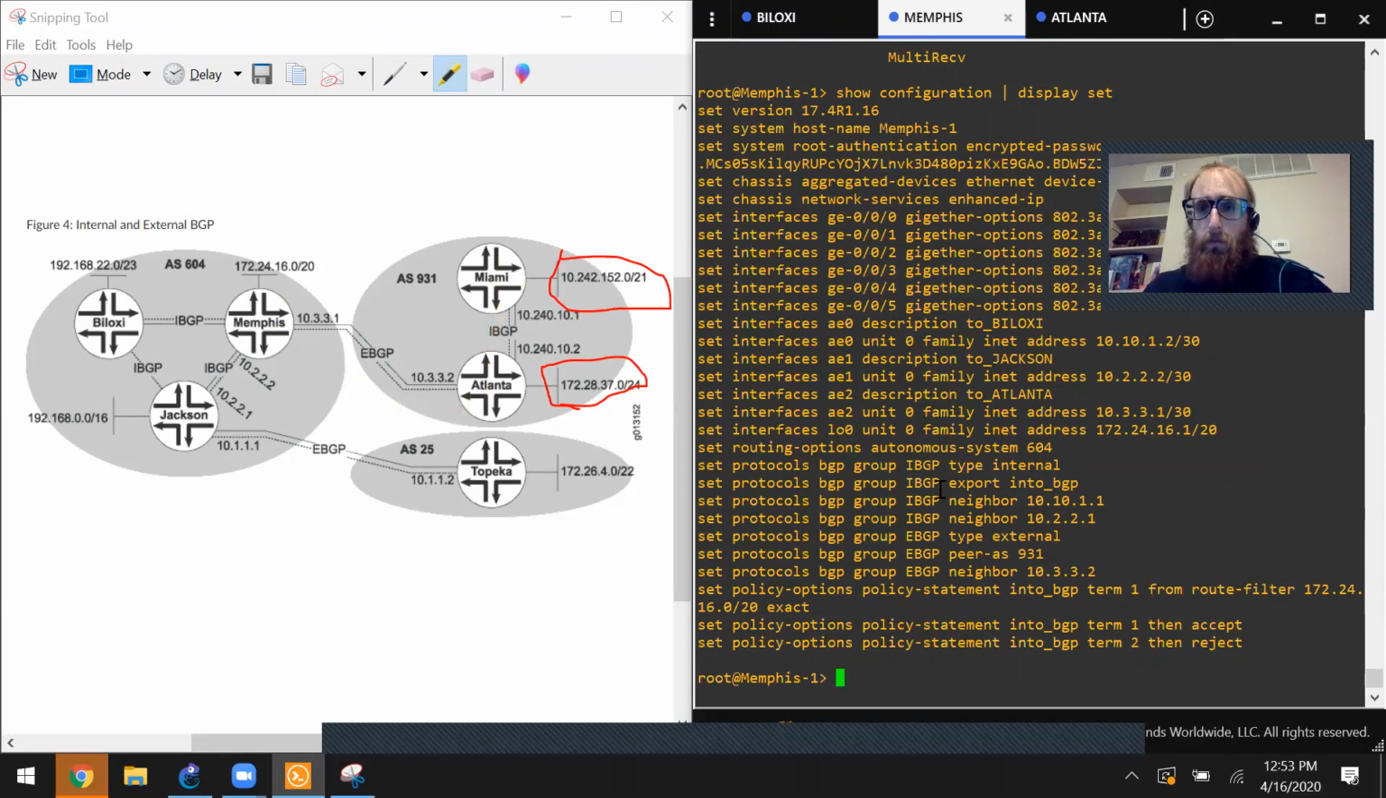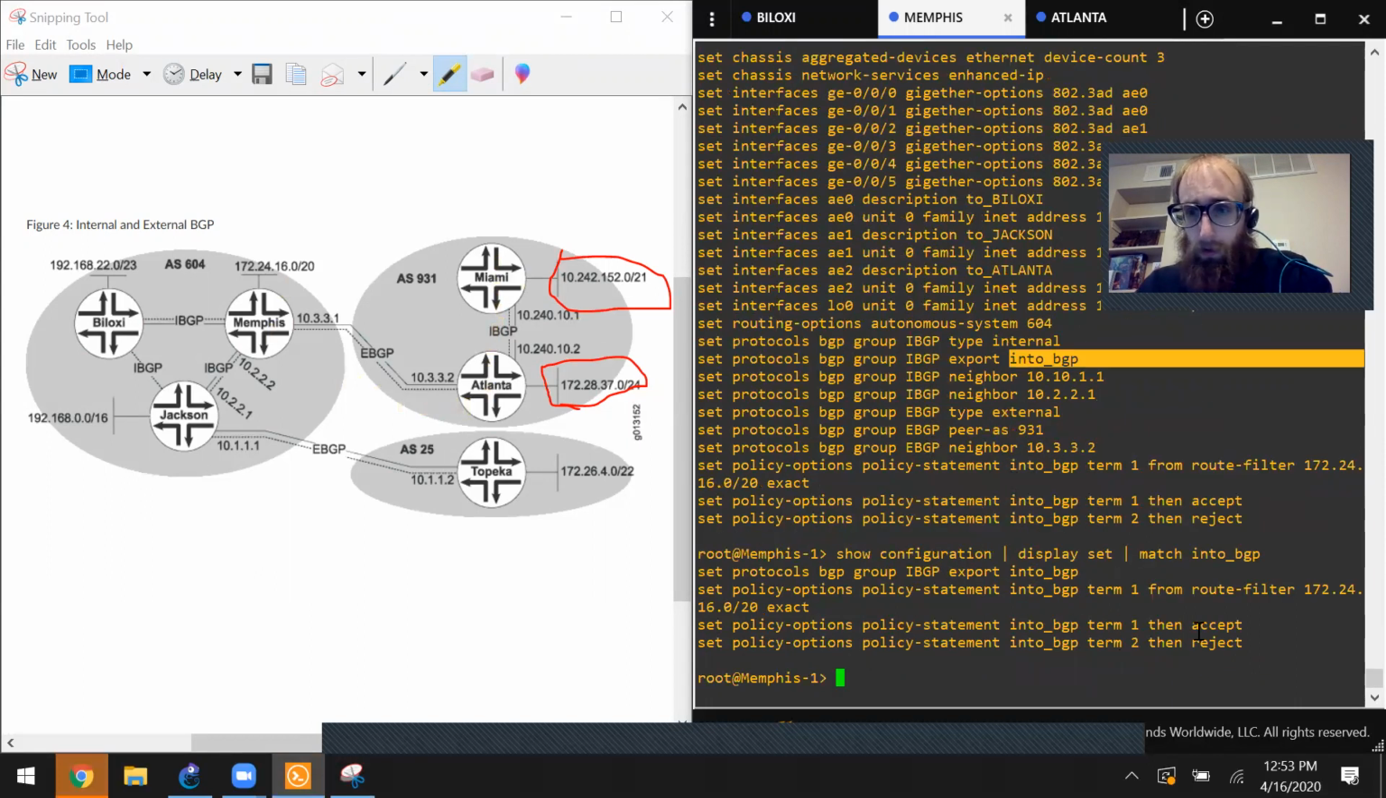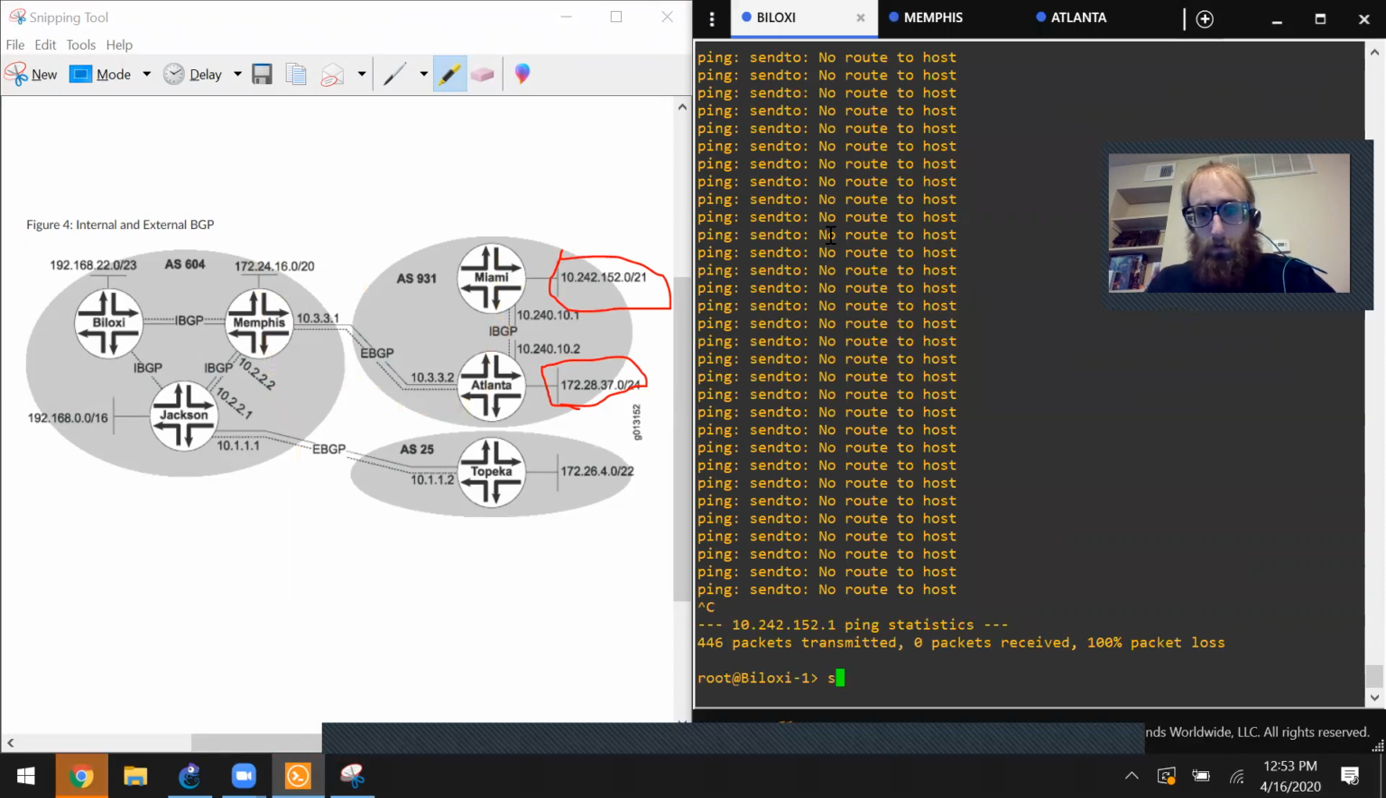Aha, so Memphis has that same problem where the into BGP policy is just not permissive enough. You can see it's only allowing this here to go into BGP. So if we look at the received routes,